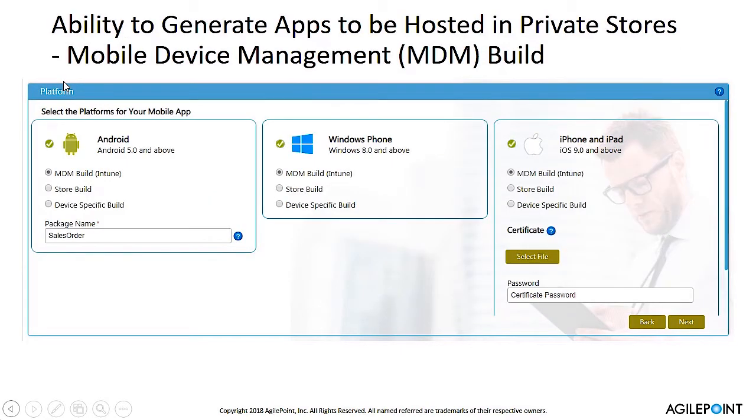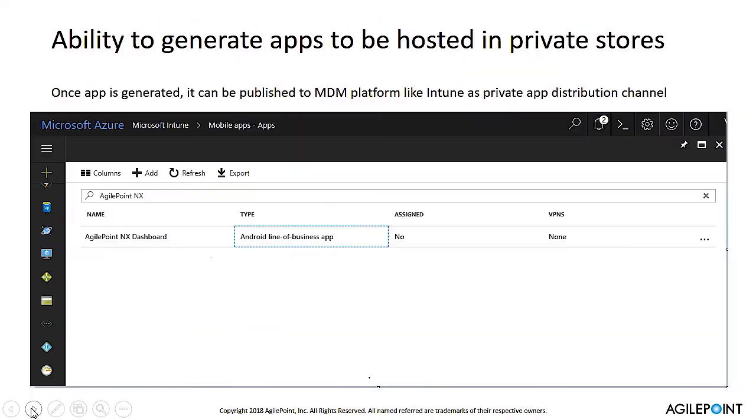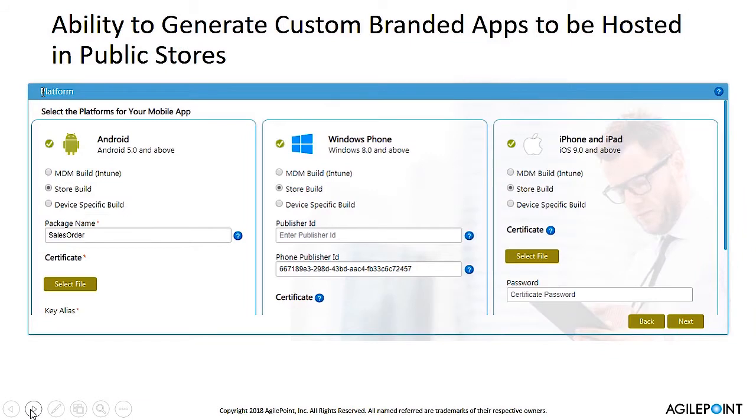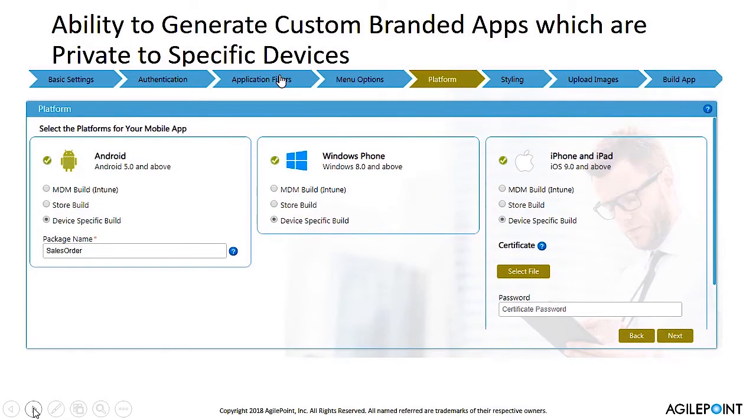Once I've built an application, I can host it in any sort of store that makes sense for my customer. Here you're seeing an MDM managed private store. These can also be pushed out to the public store as well, for example, the Google Play Market or the iOS App Store. And then lastly, if you wanted to create an app just for your group or team, we can also create